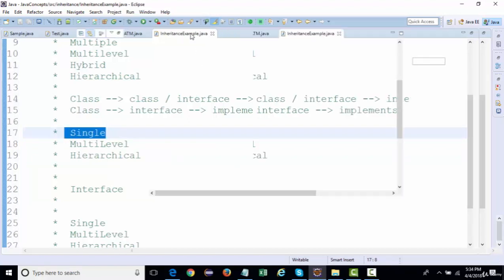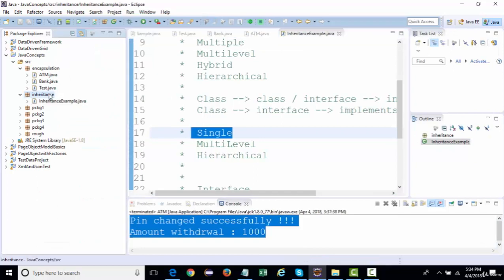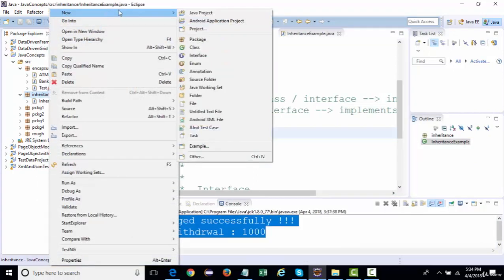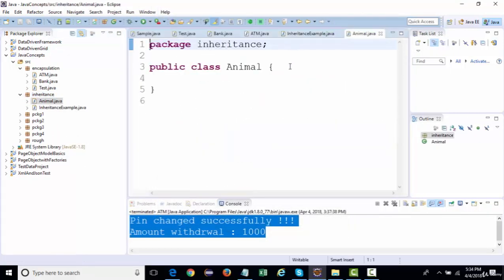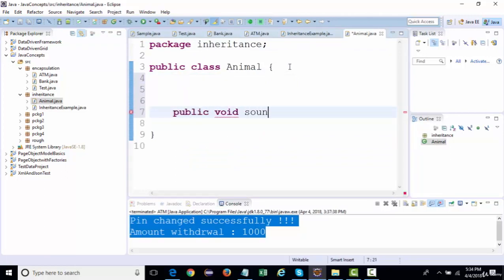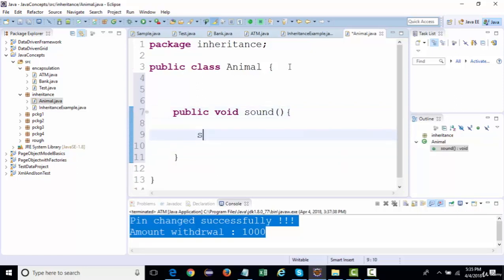Now what I'm going to do is create a new class over here and give this class the name Animal, right? Now, Animal could be any class which contains some methods, like a method called sound. If you call this method, then it is going to generate some sound.